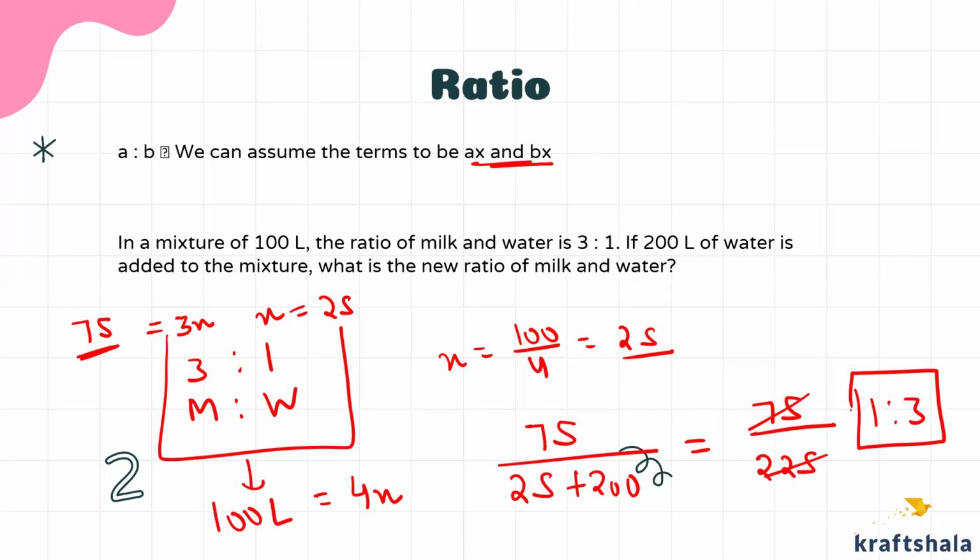Clear? So that is how we go about. This is a very common question. One of the most favorite or most prevalent in the placement scenario. So you can note this down. So there are various quantities here: total mixture, ratio, what is added, and final ratio. So out of these four values, they can give you three and ask the fourth one. It can be any, right? Any doubts in any step in the approach, you can let me know.